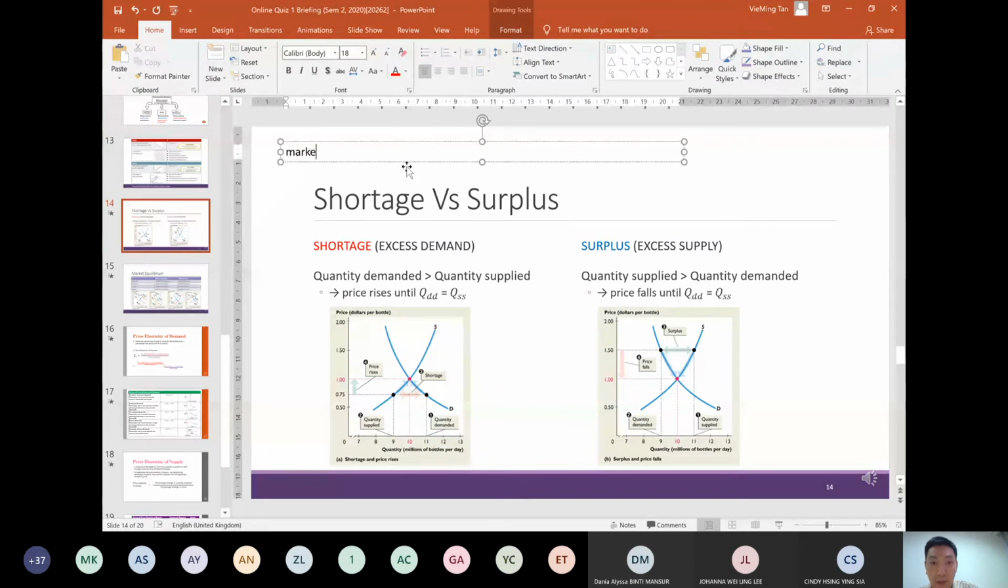Market equilibrium. Okay, so what is going to happen when the market is at the equilibrium point? Anybody? When the market is at the equilibrium point, what is the meaning? The quantity demanded is equal to the quantity supplied. Correct, good. So that means at the equilibrium level,